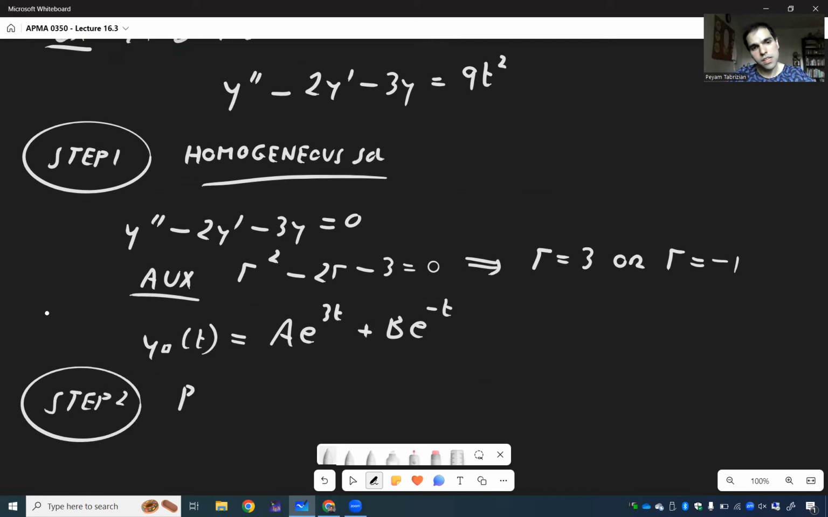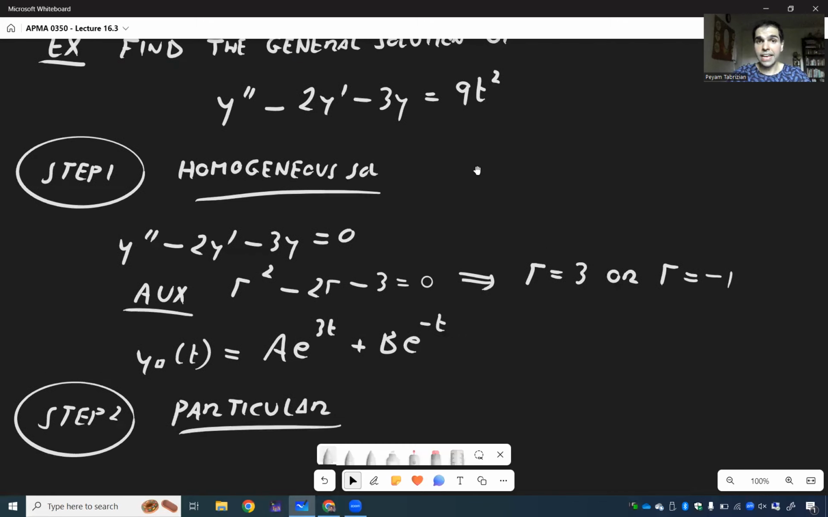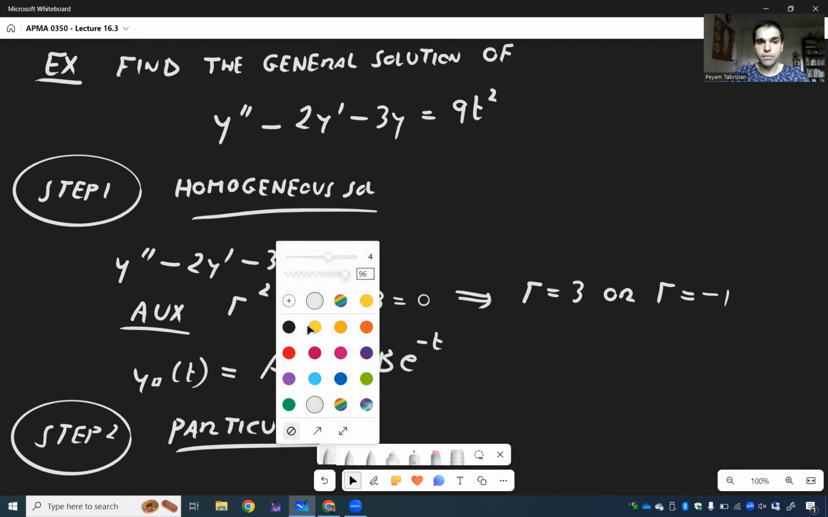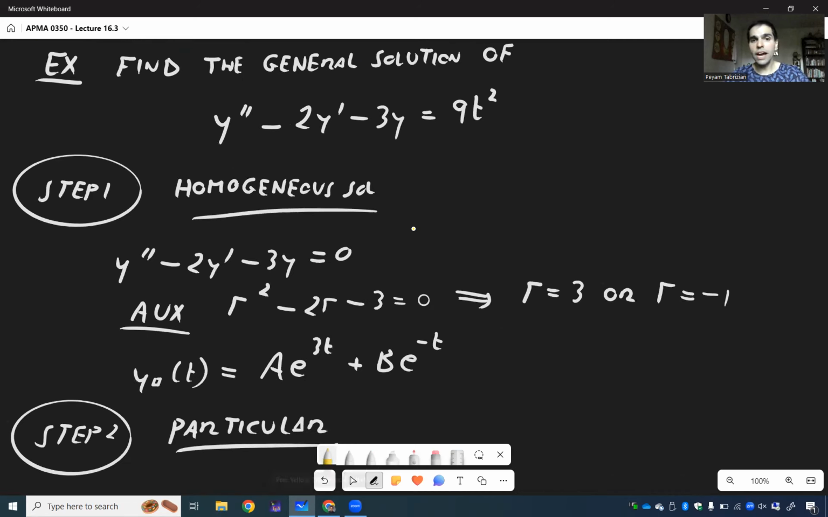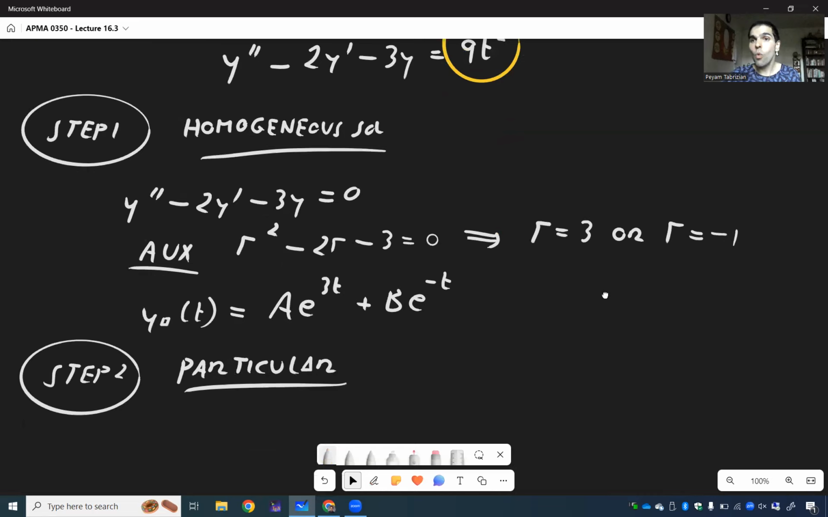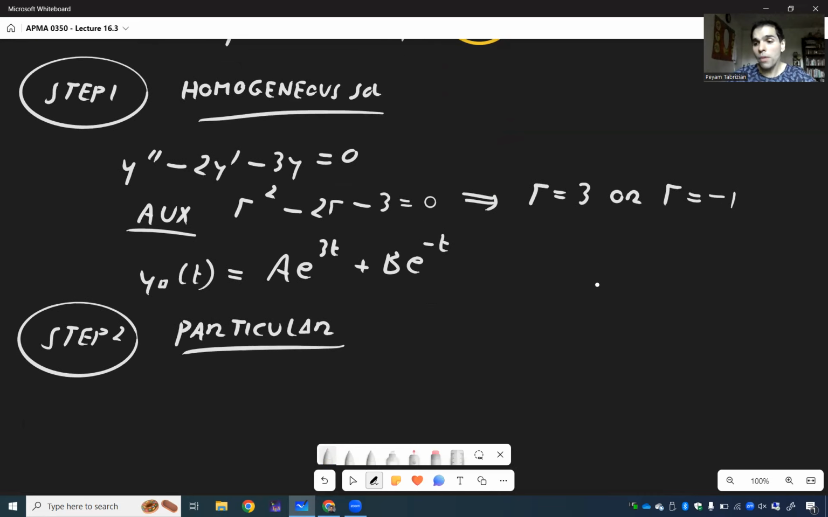Step 2: particular solution. In this case, let's look at the right-hand side. And notice the right-hand side is a polynomial, right? A quadratic function, it can be linear, can be cubic. And the idea is whenever you have a polynomial, you just guess yp to be a polynomial of the same degree. So rule 2: